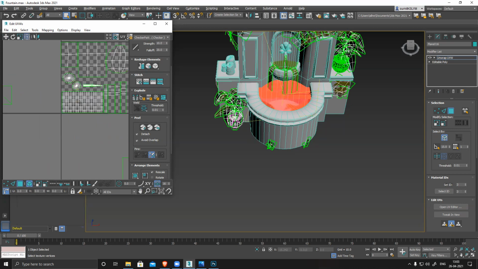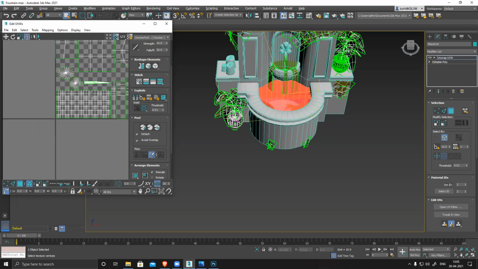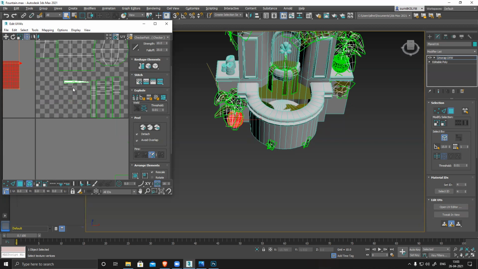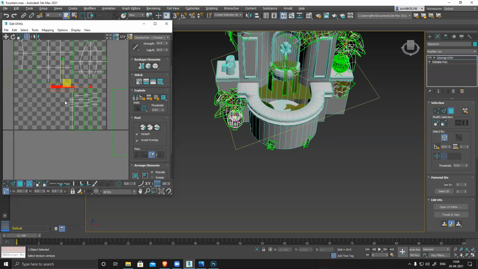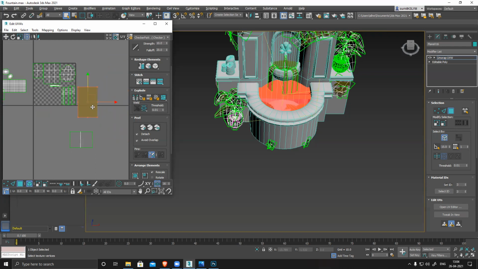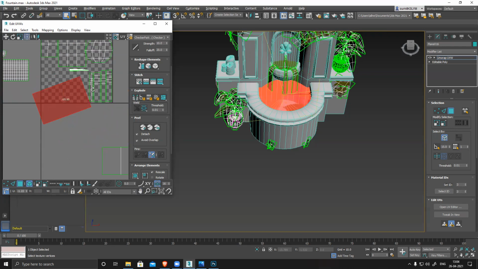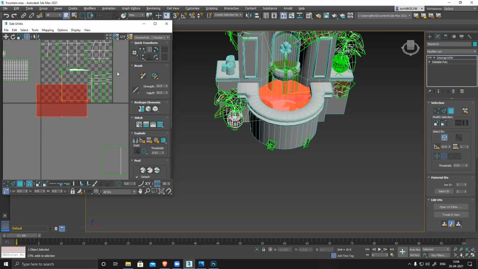So what I'm thinking is all the solid parts, like the base and all, I should separate and keep with the solid geometry, solid texture. Rotate. Where is my rotation? Here.